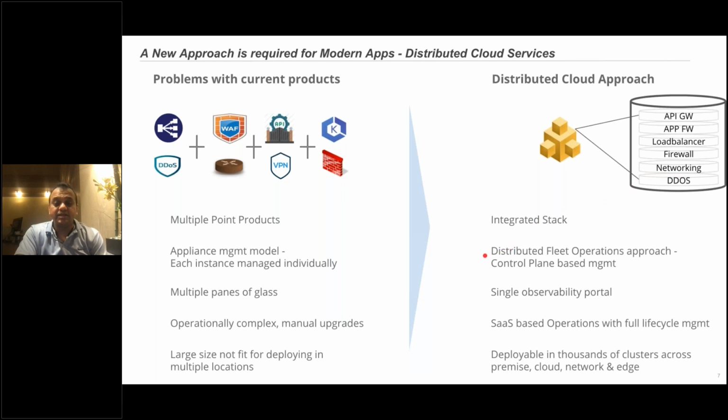The next thing is the stack needs to be deployed in a way that it is not managed as an appliance for every location. You're managing it as a fleet of locations. So you're creating your intent or your configuration once, and then wherever the thing is deployed, your configuration and policy just follows where it is deployed. That is what you need for a distributed cloud because your services are distributed. There's no reason why you have to manage each of these different app delivery components